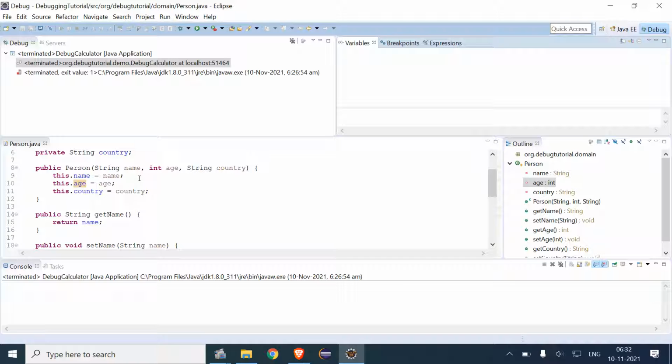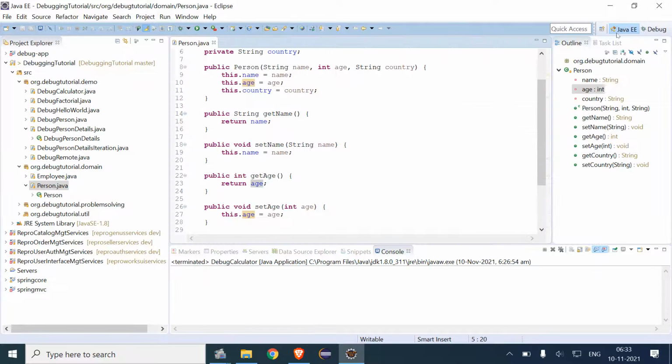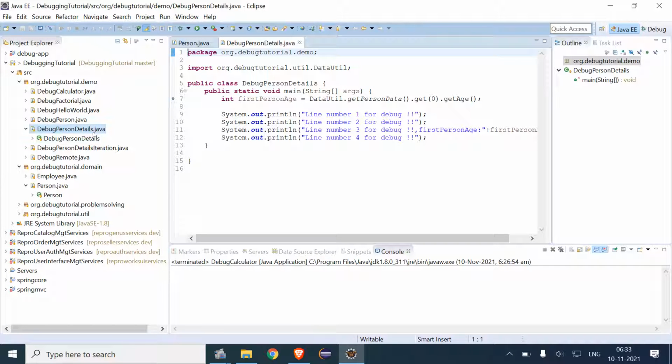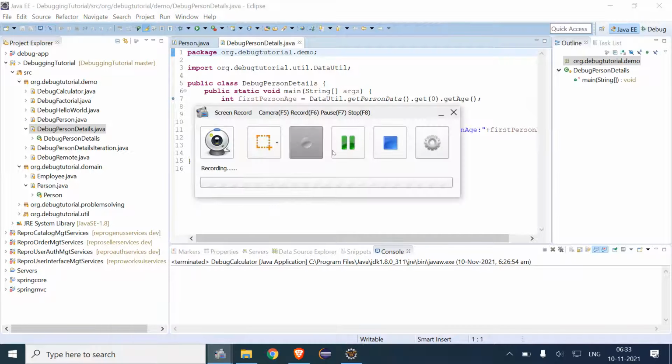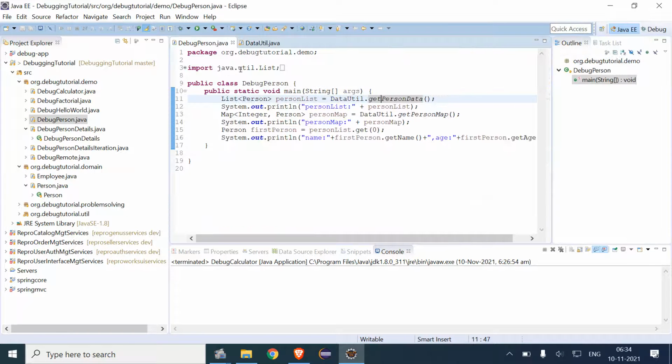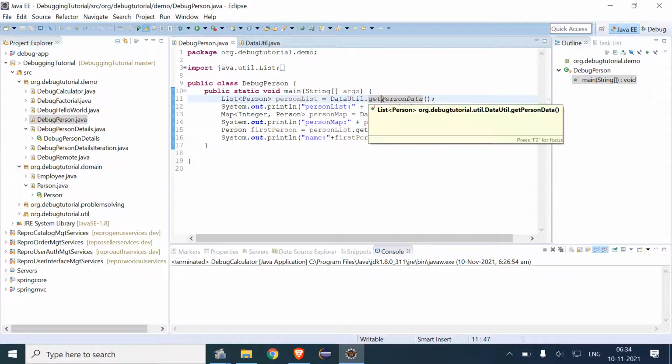So this is how we can use the logical structure.